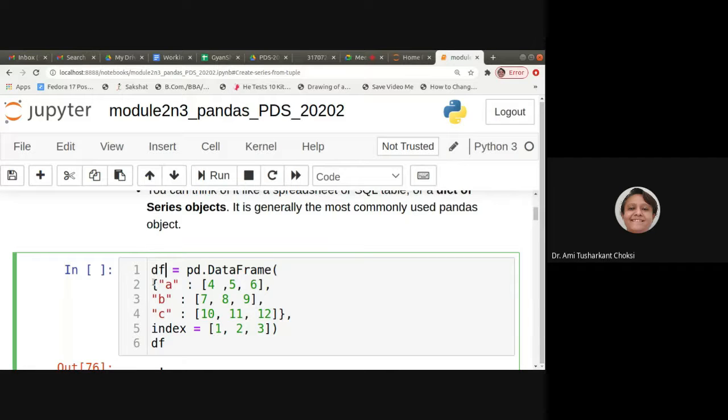So here I am providing a dictionary value directly and creating a data frame. What we are giving is A as the key, and what is the value? That is 4, 5, 6. This is a list. B is the key and 7, 8, 9. Now you might ask, for a dictionary, if we have key A and one value, and again we give A as key and another value, it will override the value.